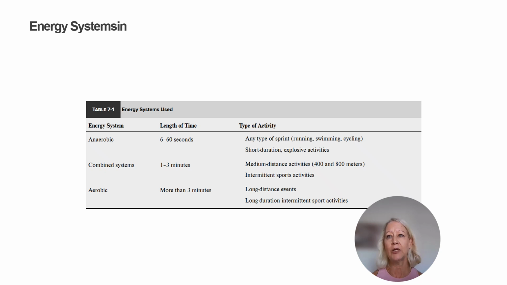Now the anaerobic system, as it says, is typically 60 seconds or less. So a short burst of high intensity movement. Examples would be sprinting, swimming and cycling, jumping or heavy lifting, or explosive sports movements like a basketball dunk or a football lineman's block. The system doesn't require oxygen, and it uses stored energy in the muscles, mainly from the ATP, PC, and glycolytic